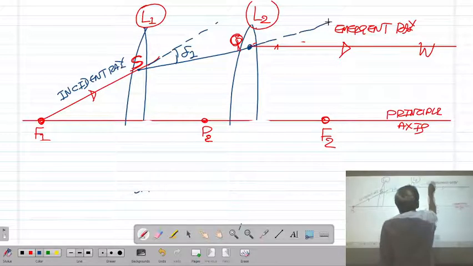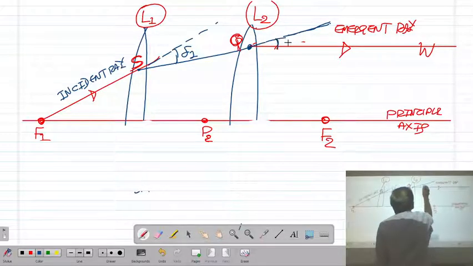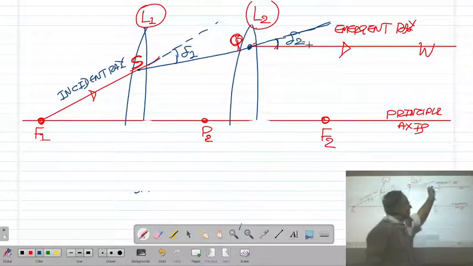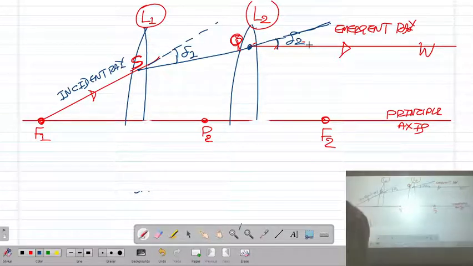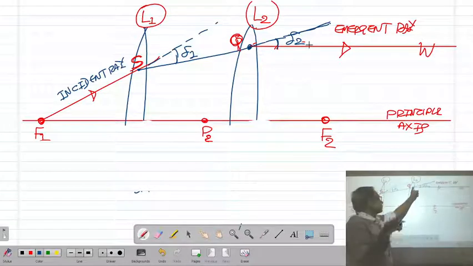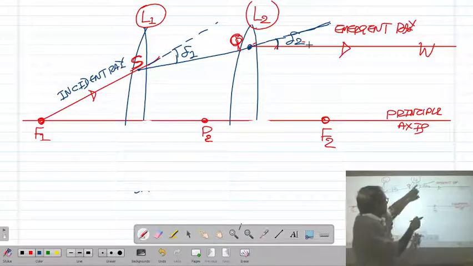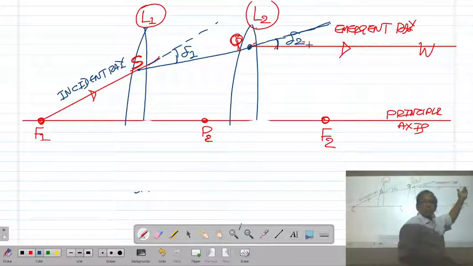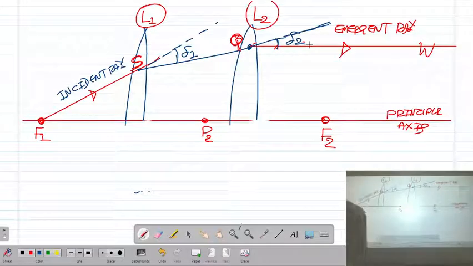of going straight, it will be deviated through angle delta 2 in the second lens and travel parallel to the axis. So this is the theory that you know very well: consider the ray of light F1S passing through the first focal point F1 and incident on the first lens L1 at point S. Instead of going straight, it is deviated through angle delta 1 in the first lens and travels in the direction SQ. This ray SQ is incident on lens L2. It again undergoes refraction and, instead of going straight, it is again deviated through angle delta 2 and travels parallel to the axis. So the emergent ray becomes parallel to the axis.